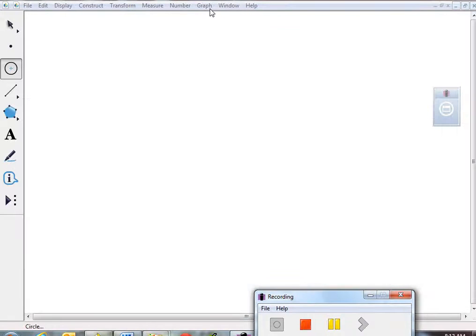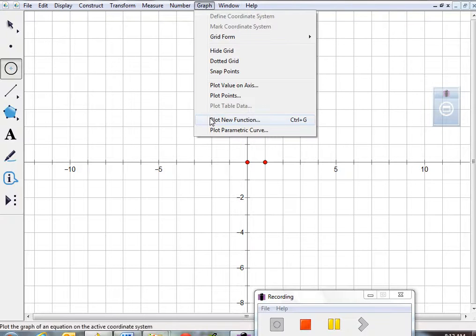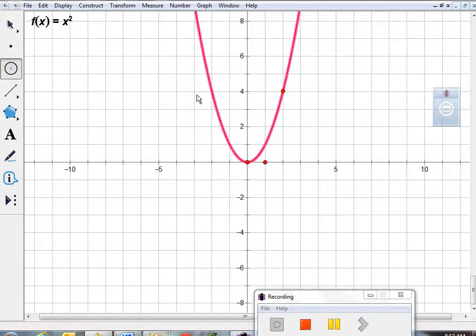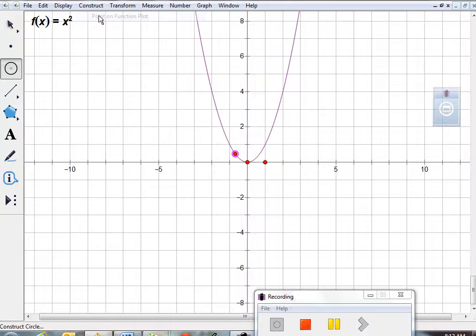So for those of you that are not done with the computer portion, here are some of the things you want to remember. Define your coordinate system, and then you need to make your graph. So then you want to go to Graph, Plot, New Function. And again, these directions are on the handout. So whatever your parabola is, you want to have it graphed, and make sure the line is the only thing that's highlighted. And you go to Construct, Plot a point on the function,